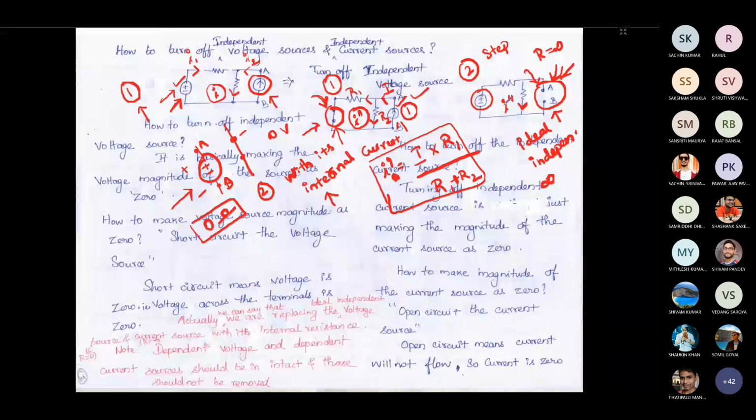So what is the current flowing through this? You can apply KVL here. If you apply KVL here, you can obtain the current flowing through this path, right? Because you just apply KVL here. So if 10 volt is here, this is R1 and this is R2. The current flowing through this R2 is 10 divided by R1 plus R2. It will give one current. So what is that? That is nothing but I double dash. Now we need the total current. I is equal to I dash plus I double dash.